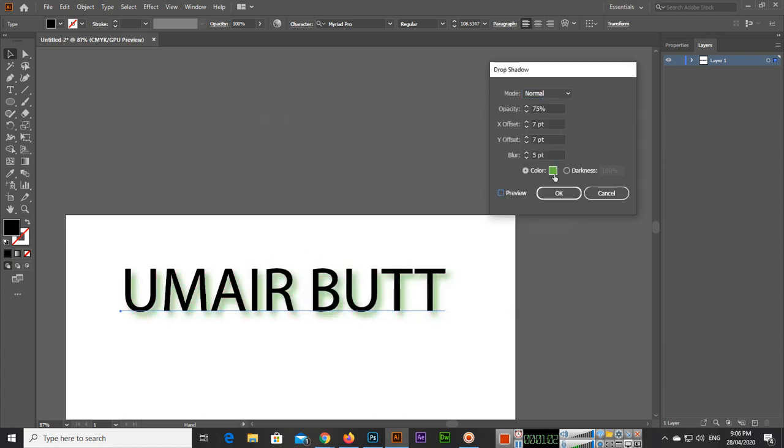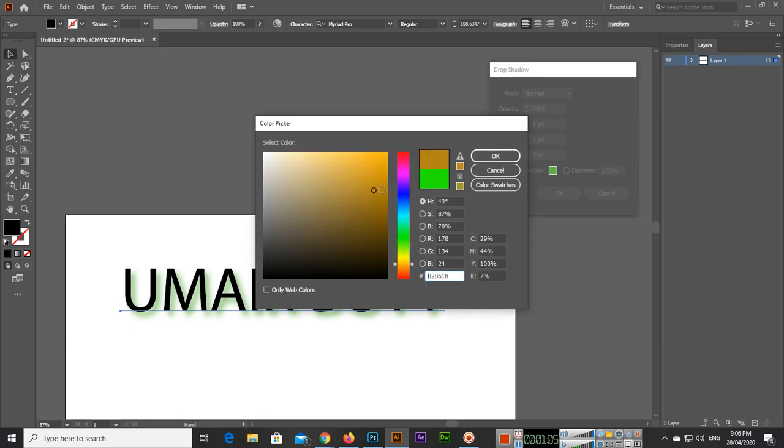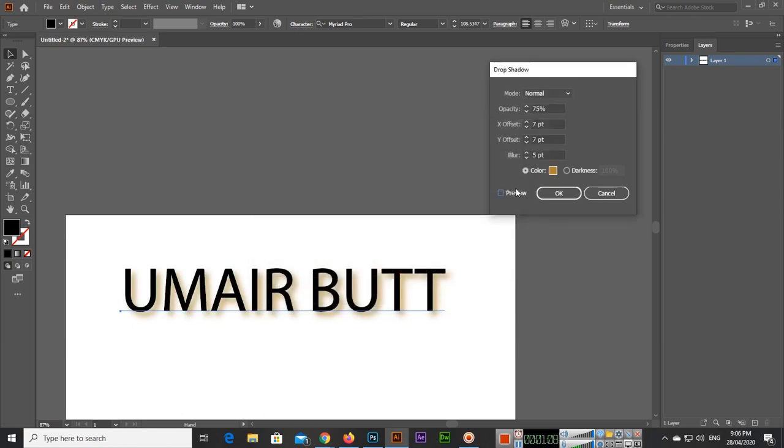See, if you uncheck the preview and change something, like this orange, and you can see the preview, it should be checked. And opacity, like 70%, or you can make it 25%, you can see now it's less, or like 90%. X offset, the horizontal offset, you can control, and the same thing vertical you can control,